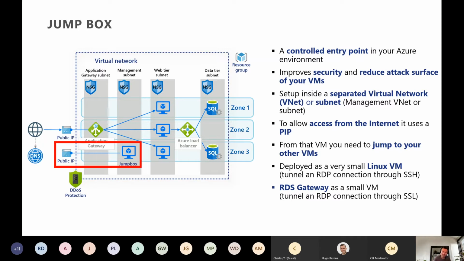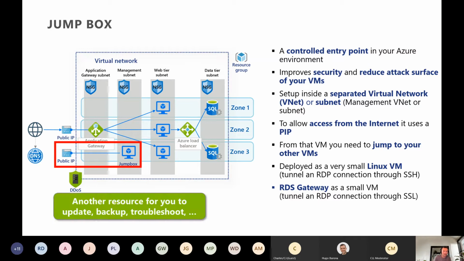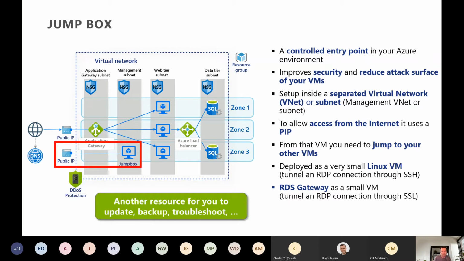To allow access from the internet, this VM also uses a PIP, and most of the time it's deployed as a very small Linux VM. So you kind of tunnel your RDP connections through SSH. And I even saw some customers using an RD gateway as a small VM, and by this tunnel an RDP connection through SSL. So a jump box is a good alternative for a secure connection, but